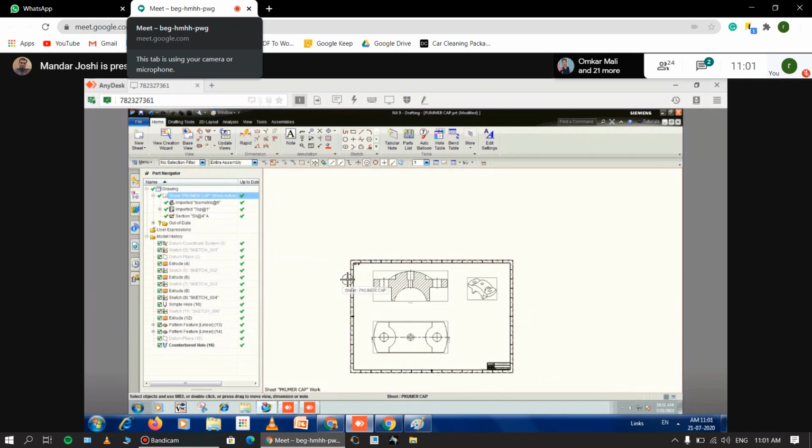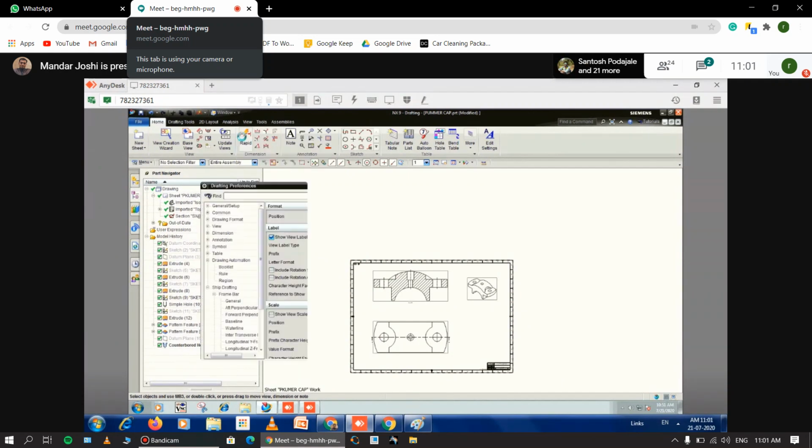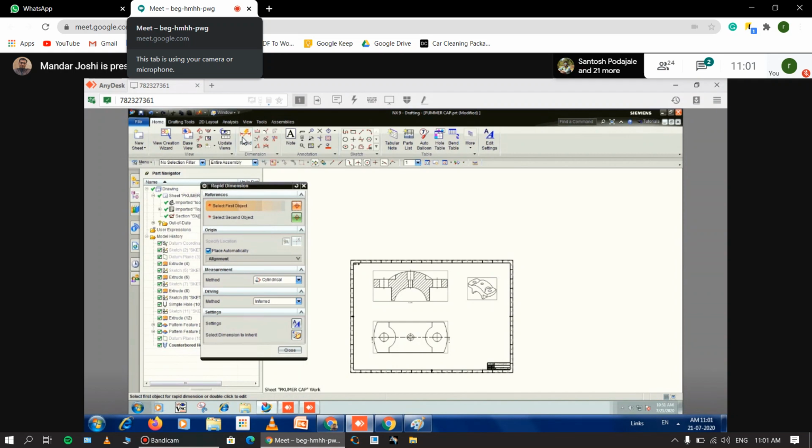So remember that you cannot generate automated dimensions or generated dimensions in NX software. There are only manual dimensions. You have to do that here in the rapid option, which is similar to the sketcher. Select this rapid option, and from that rapid, you have to define the dimensions. Take the infer option. This length I want to define. This line to this line.